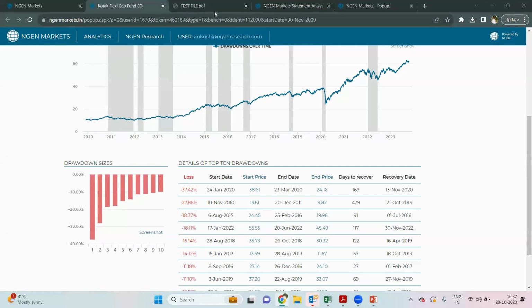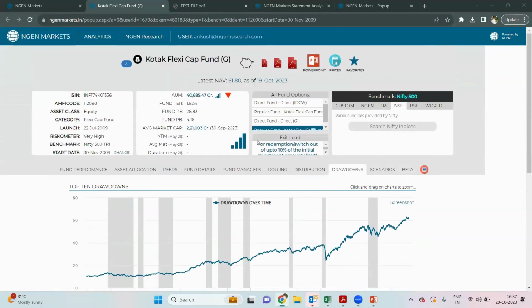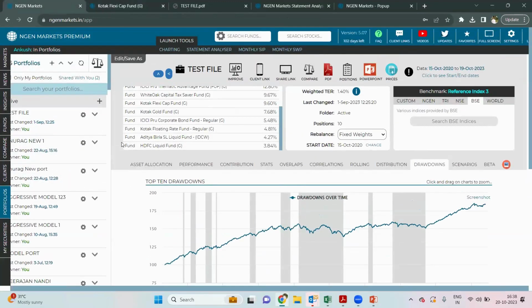Perfect. Okay, there's another question asking if the uploaded statement comprises different PAN numbers, or if we want to generate a portfolio. You can provide statements which have several PAN numbers in them. Generally speaking, they will be uploaded together as if it's one portfolio. If you want to segregate them, you will have to upload separate statements, one by one. If you have a consolidated statement, that will upload, but it will not differentiate the PAN numbers